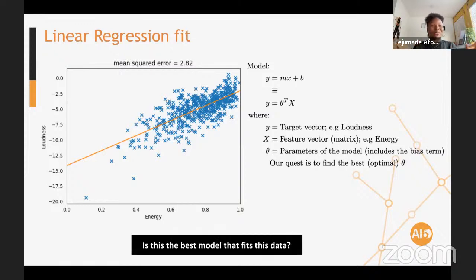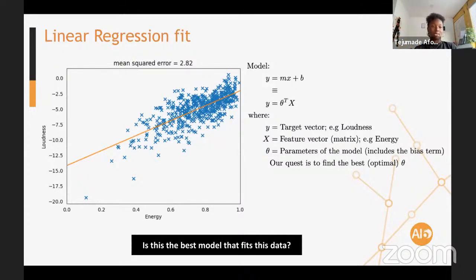But can we do better? Is there any possible room to do better? Maybe instead of fitting it like this, maybe we can go like this, something like that, maybe that would be better. I don't know. But we cannot just stop there.